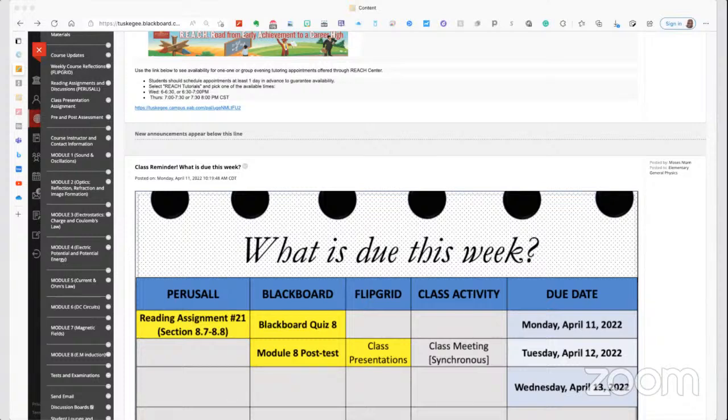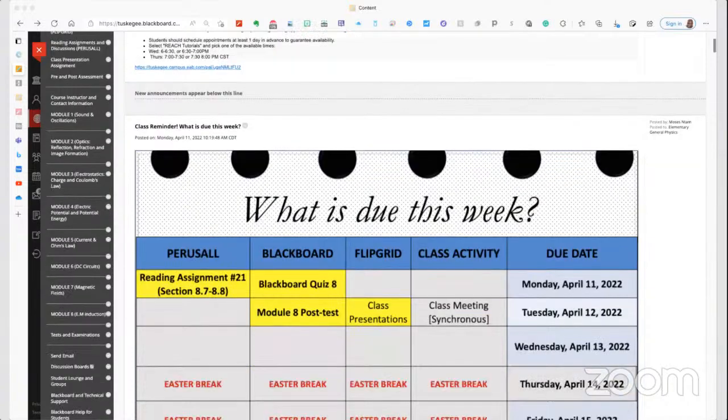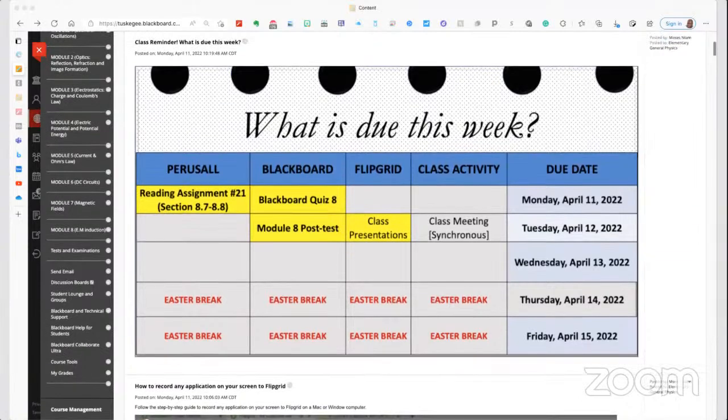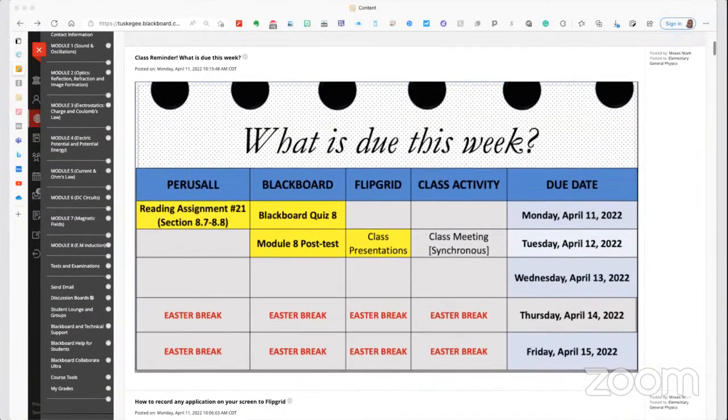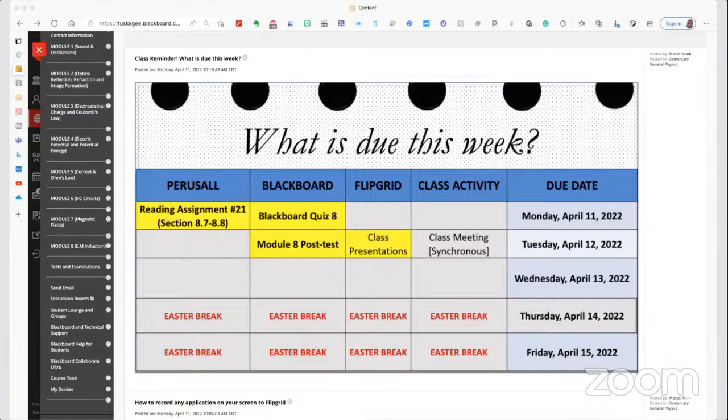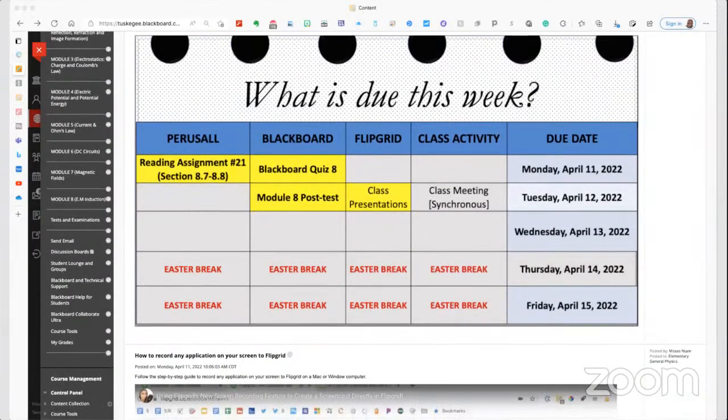If you have any questions, remember it's a comprehensive final exam. So if you have any questions from modules 1 up to where we are, I'll be glad to discuss that with you tomorrow during the tutorial session. Obviously, Easter break starts on Thursday, so there will be no evening tutorial on Thursday, but we'll have a tutorial session on Wednesday evening. And then the Tuesday following the Easter break, we will have a review session during the class, and the priority will be questions from graduating seniors.